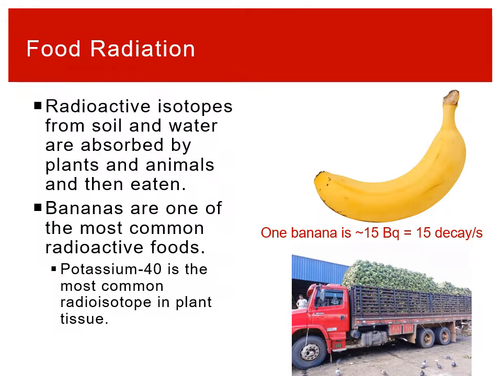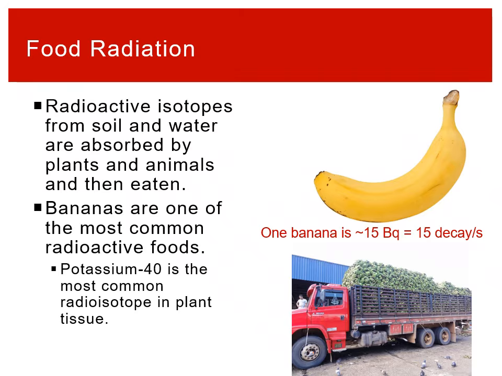So what about food? Like we talked about with carbon-14, there are unstable, radioactive isotopes floating around in the atmosphere. You breathe them in, you eat them, and so they're just part of you. They're part of the food you eat, so food can potentially be radioactive. They're in your body, they're in water, they're all around.